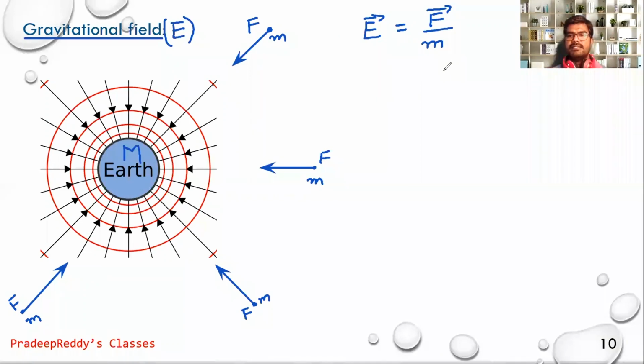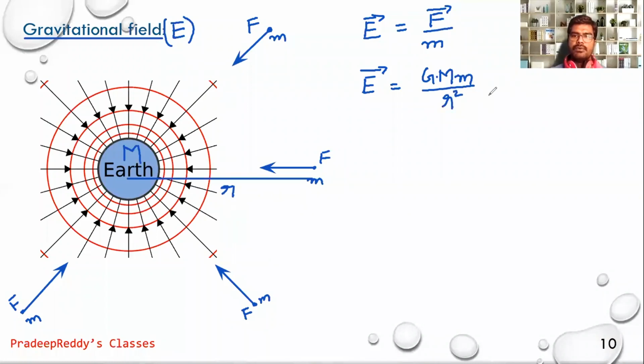another larger mass. So here I can write gravitational field E bar is equal to F, the force experienced by this point mass. So I will write that force as capital G, capital M, small m divided by the separation between these two. I can consider this separation as center to center separation. I will take this separation as r. And this is r square into m. Small m and small m get cancelled.